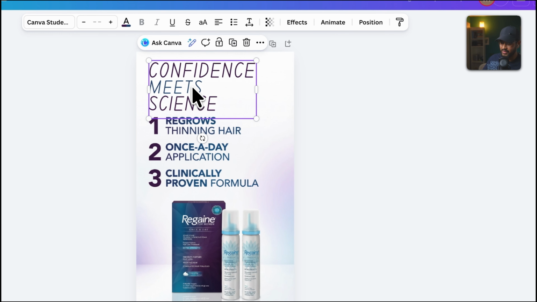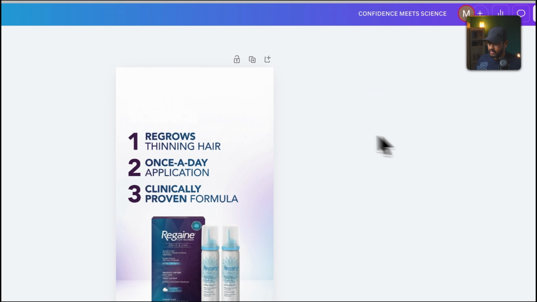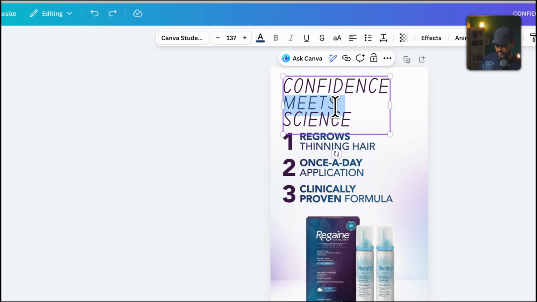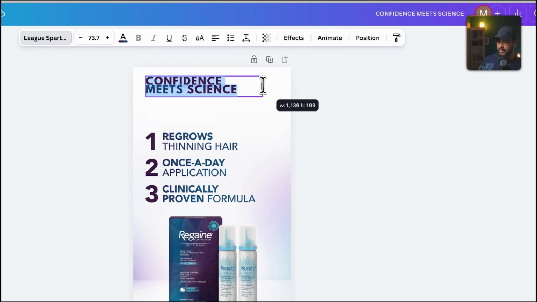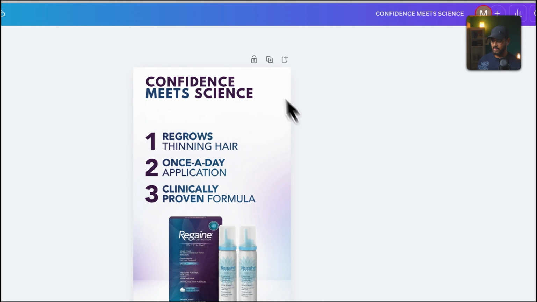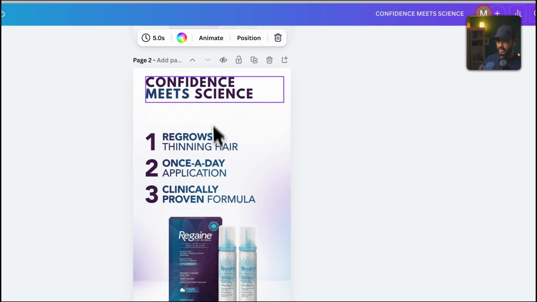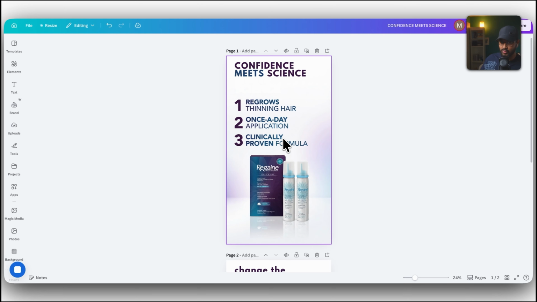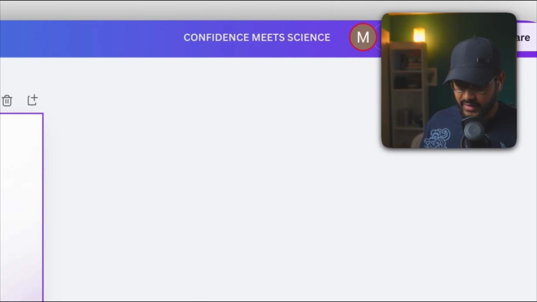So once you grab it, you will see that Canva does mess up the text a little bit, but it's grabbed that headline quite well. Next, you can just select all of it, change the size, spacing, whatever you want, and then you can go ahead and duplicate that and change the headline as well. It gives you a little bit more control over the changes that you make. So yeah, that's us editing our ads, and this saves us so much time instead of doing it the manual way